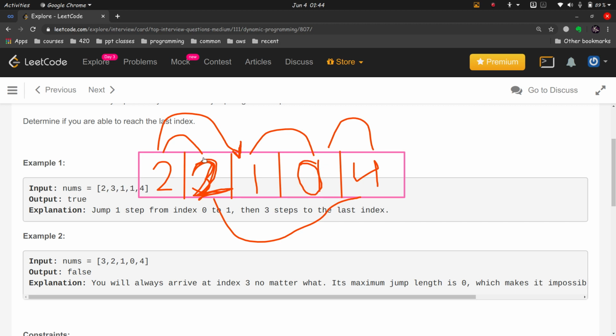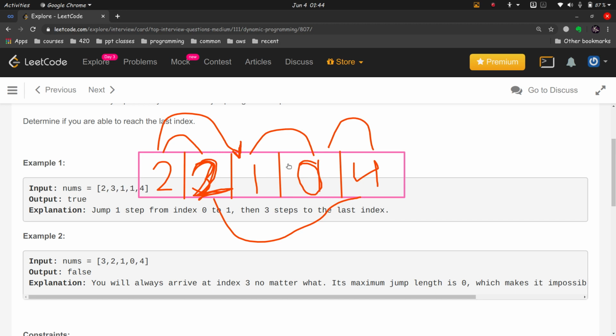And similarly, if we get to this position either from index 0 or from index 1, then the next only possible move is to reach the 0, and once we reach a 0, we are stuck at that position, so we cannot reach the end.